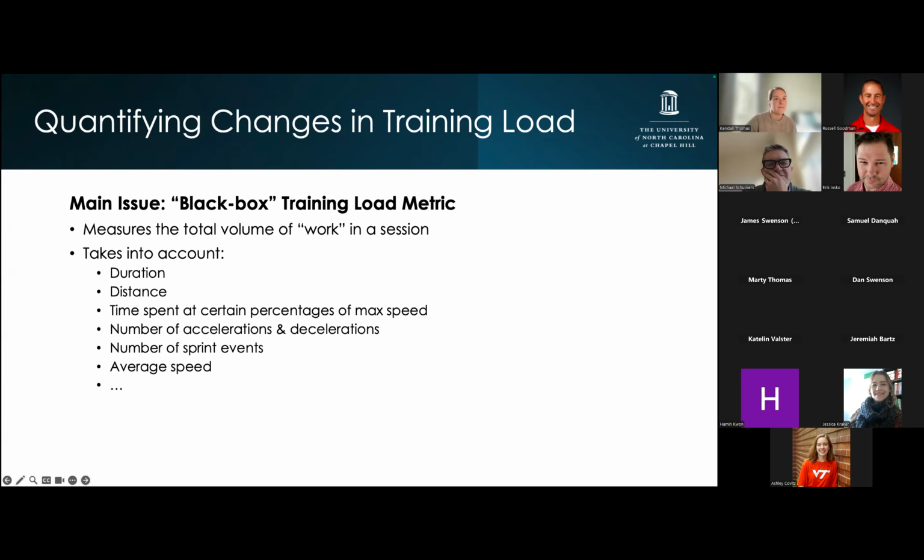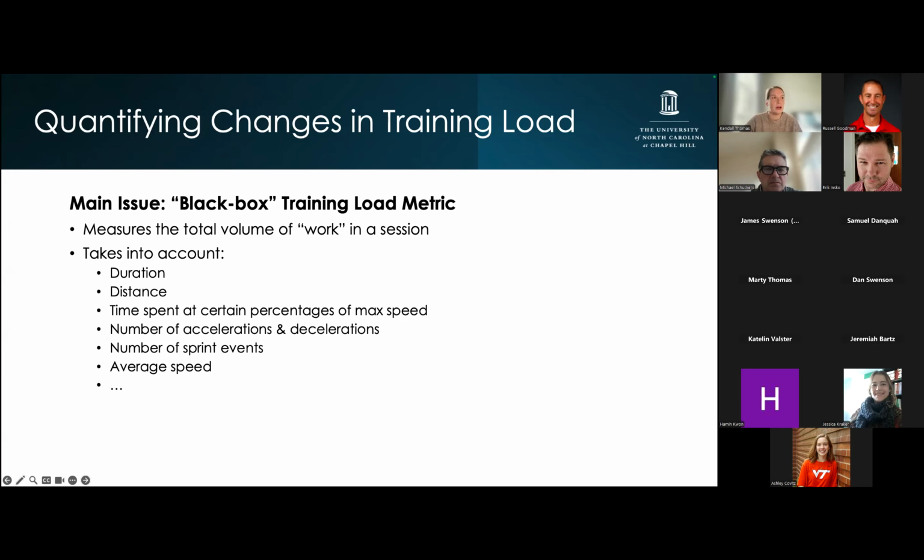And so you can imagine when a team changes from one company to another, they're then having to relook at their numbers and redetermine what goes into them and how they can then tailor their practices and games to those numbers. Because, for example, one company may say you don't want to go over 2,000 points in our training load method in one week, whereas another company might say 500 because of how they compute their numbers.